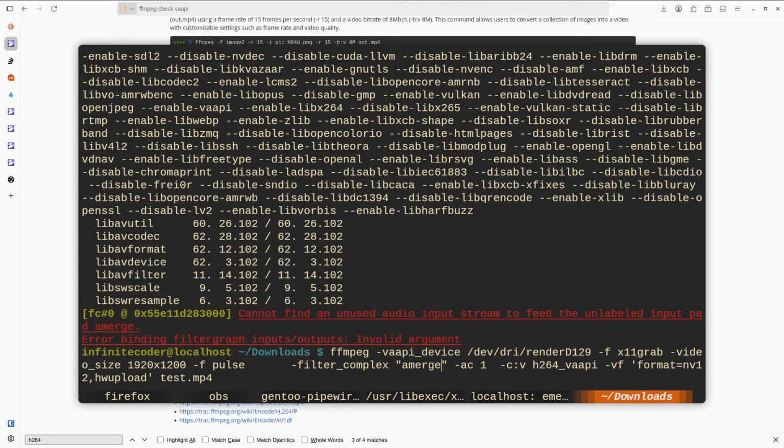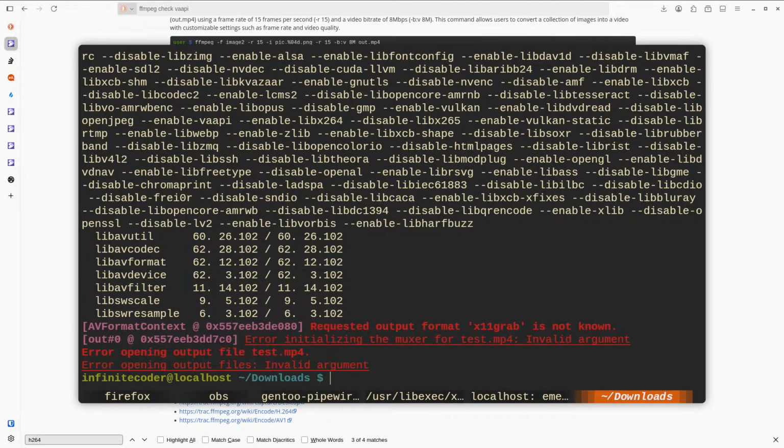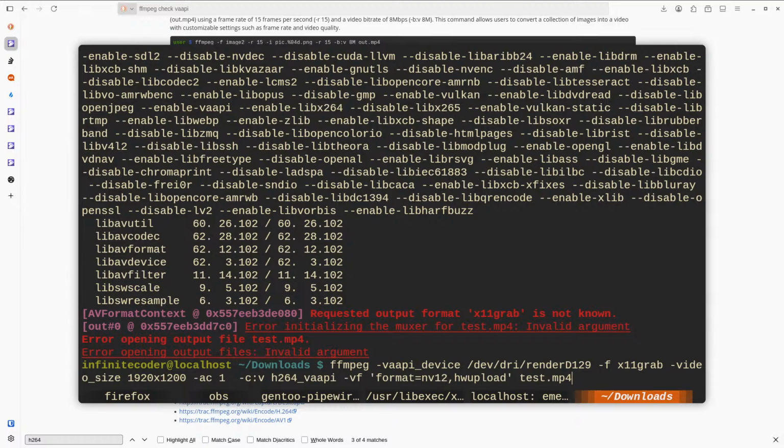Cannot find an unused audio stream. Audio's gone. I don't have a Mac, and I don't want a Mac OS. Requested output format X11 grab, because X11 grab is not output.